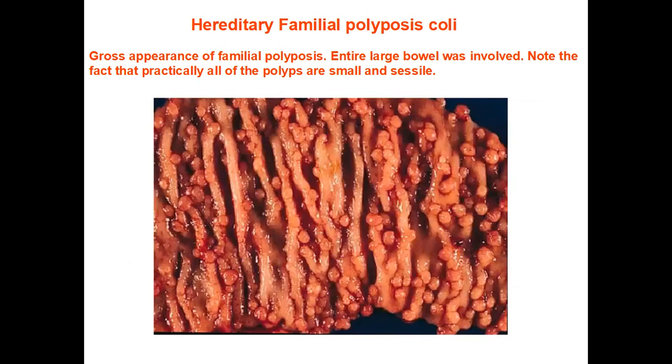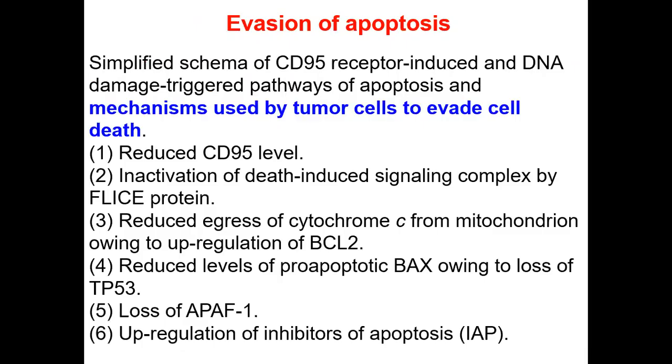This is the hereditary familial polyposis coli. This is the gross appearance of the colon. The entire colon containing a large amount of polyps. All these polyps are small and they are sessile. شوفوها هذه مجموعة من البوليبس، طبعا تعدي ال100 بوليب، أكثر من 100 بوليب. هذا يسموه hereditary familial polyposis coli. It is risky and may progress to malignancy.